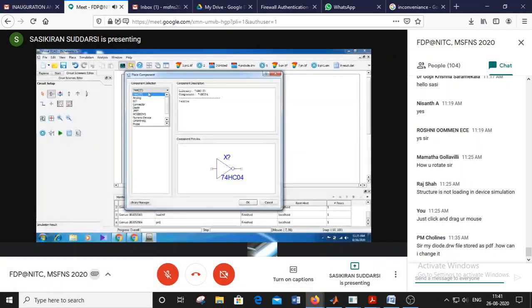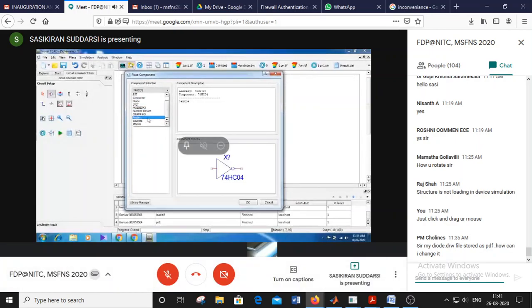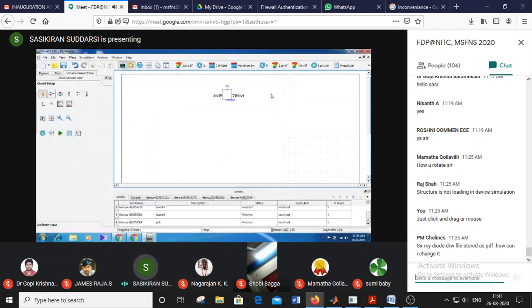All the analog and digital ICs are available here, and we need to select that numerical device. That environment is here, I think.